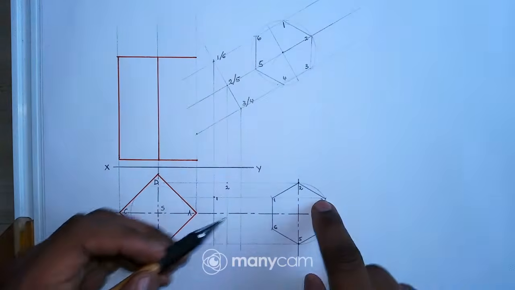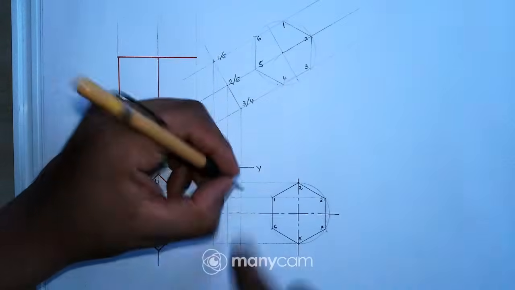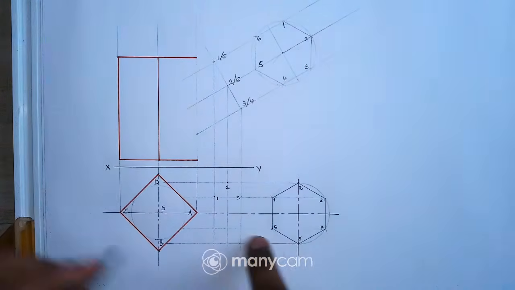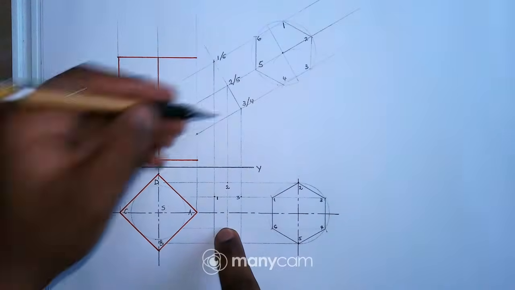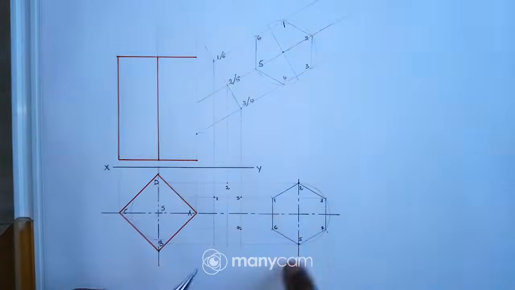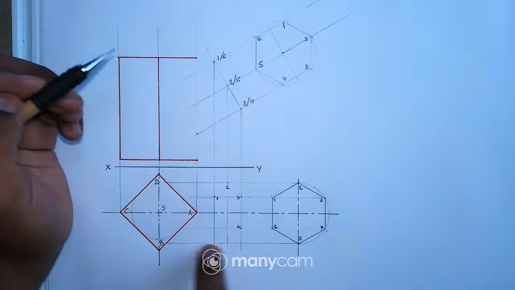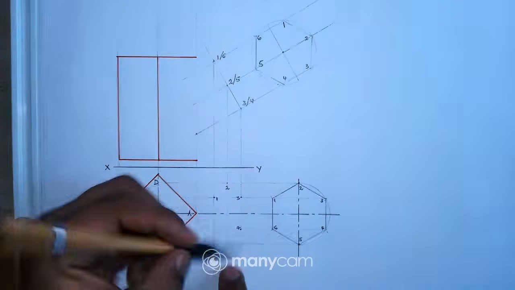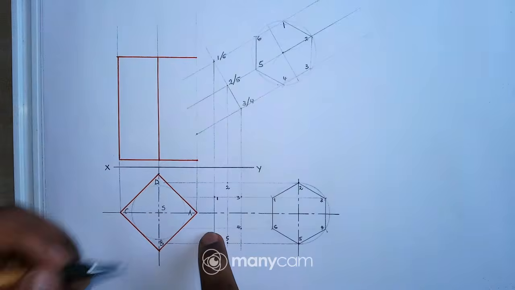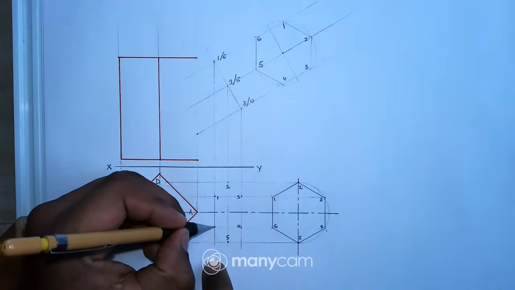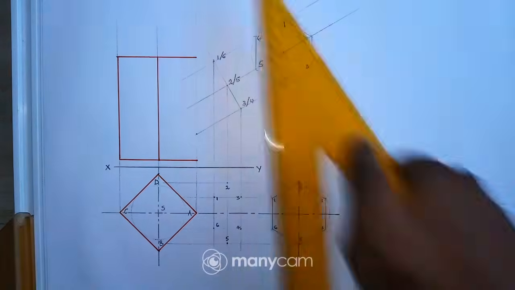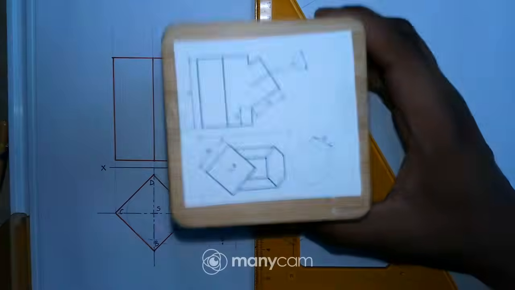3 is there, I have a point there. 4 is on this line, 4 is there, this is 4. 5 on that line, where is 5 from the front? 5 is right there. 6, it's a point. Then now I can just connect the points there just to draw this surface there.